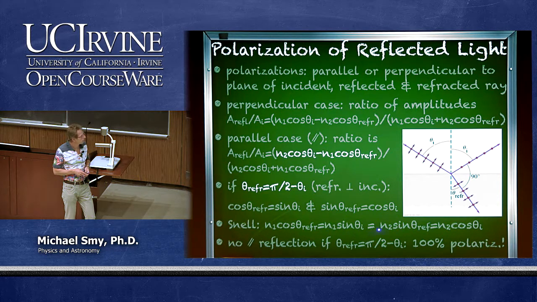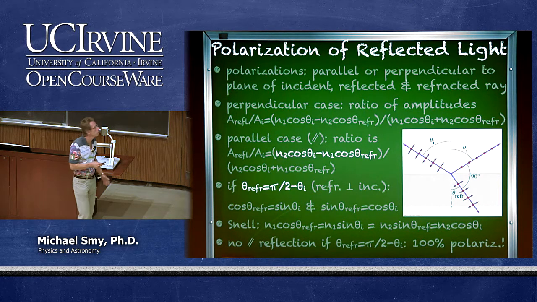And then Snell's law says this must be equal to n2 sine theta refracted. And that, using again those two trigonometric identities, tells us that this is n2 cosine theta incident. And therefore, since this equals that, that means this equals that, and therefore there is no reflected amplitude at all